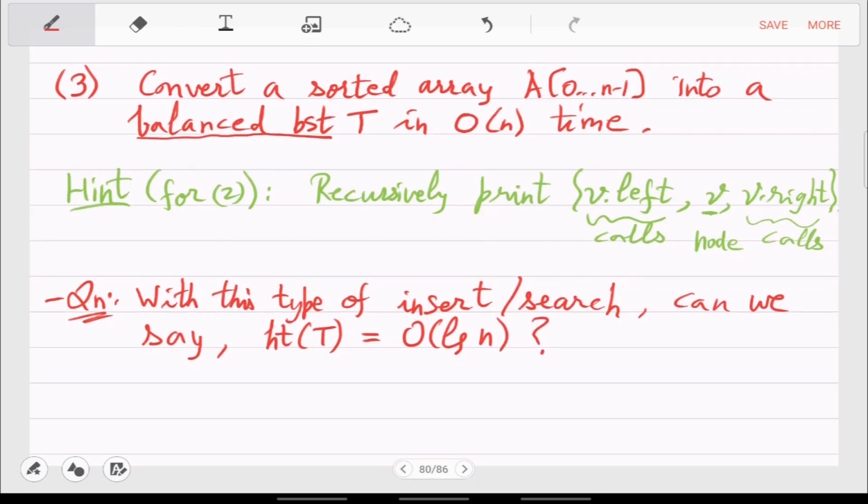Is this true? So the pseudocode that you have seen for search and a similar thing for insert, slowly you can insert and build the tree, the binary search tree.